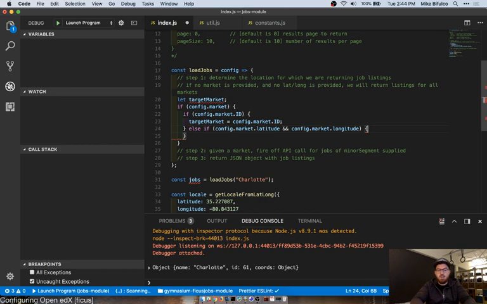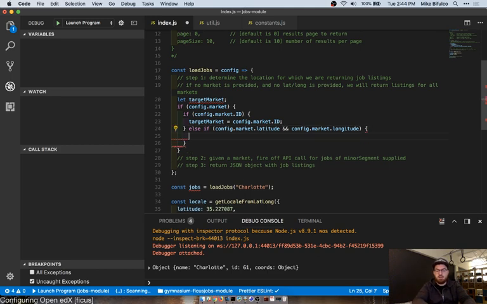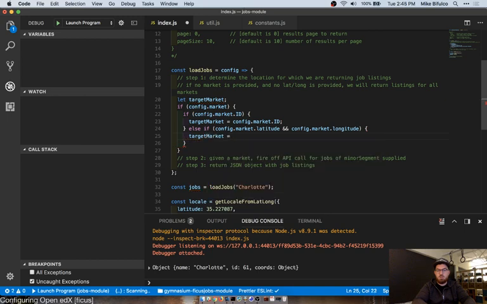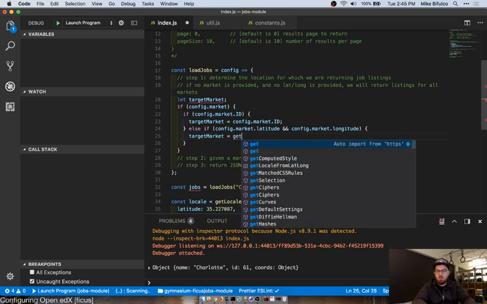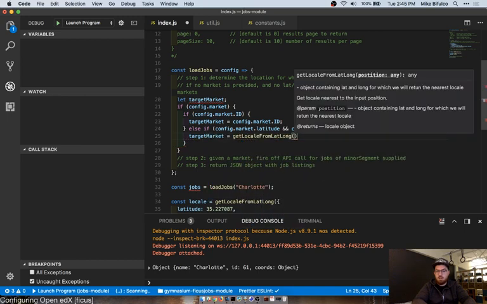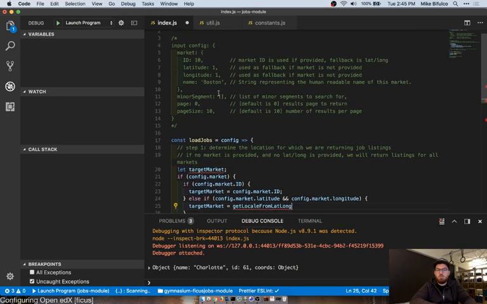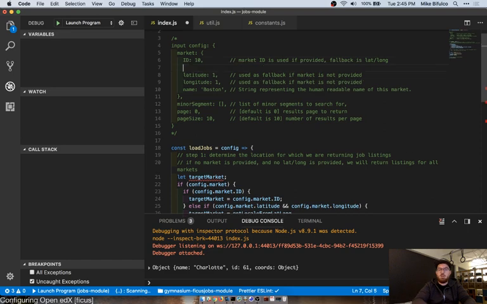I'm going to use the IDs because that's what our API uses. Equals get locale from lat long for... I should say this.